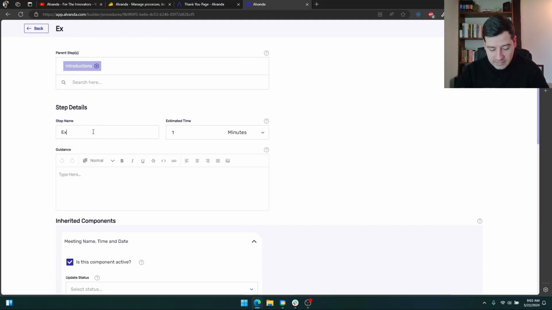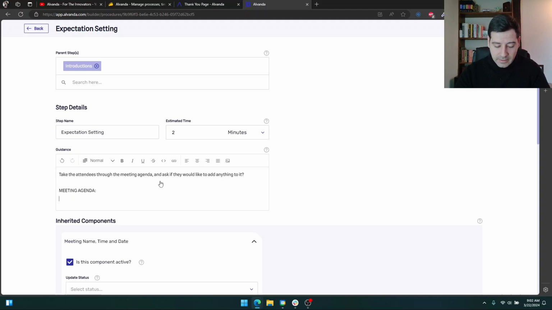Obviously it should be expectations setting. No good meeting happens without expectation setting. Let's add 2 minutes, 1 minute for me to explain the agenda, and then 1 minute for them to give us any feedback. Take the attendees through the meeting agenda, and let's say ask if they would like to add anything to it, right? And then you can say meeting agenda, and then you can say let's say